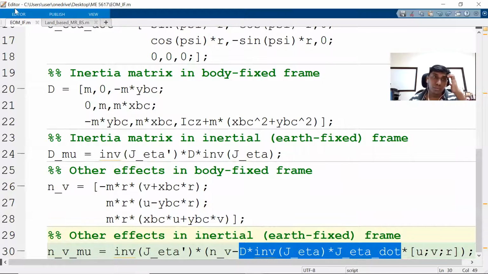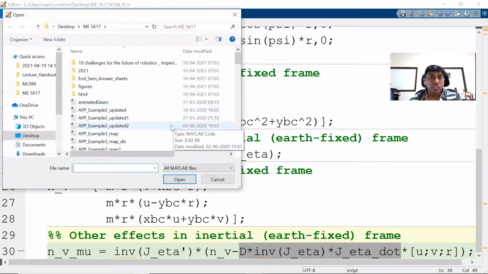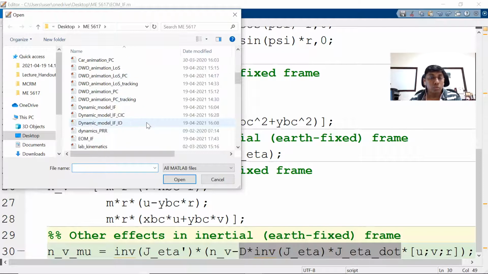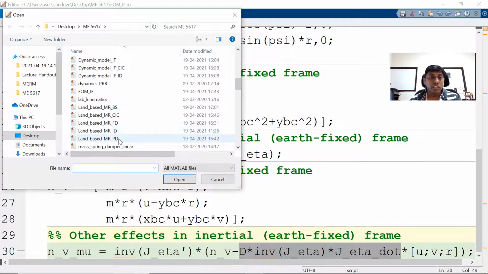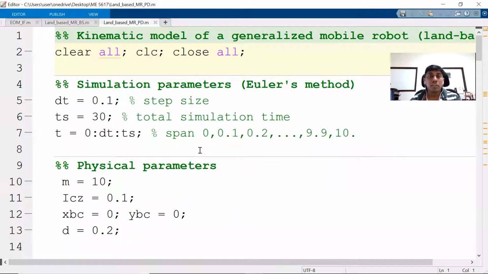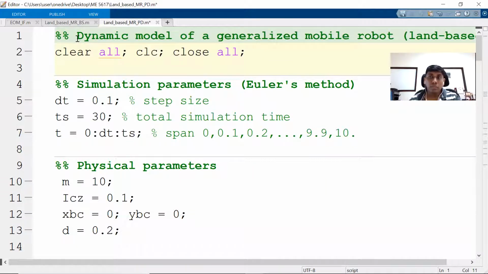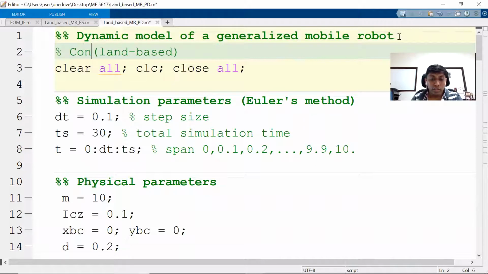So now we will come to the original content. Here we are thinking about how to do inverse dynamics. I don't want to talk about that, because you already know inverse dynamics is slightly complex and does not give straightforward relations. So I'll just take the mobile robot dynamics, which we have used. So the dynamic model, along with the control. So PD control, I can say. So this is what we are trying to do.